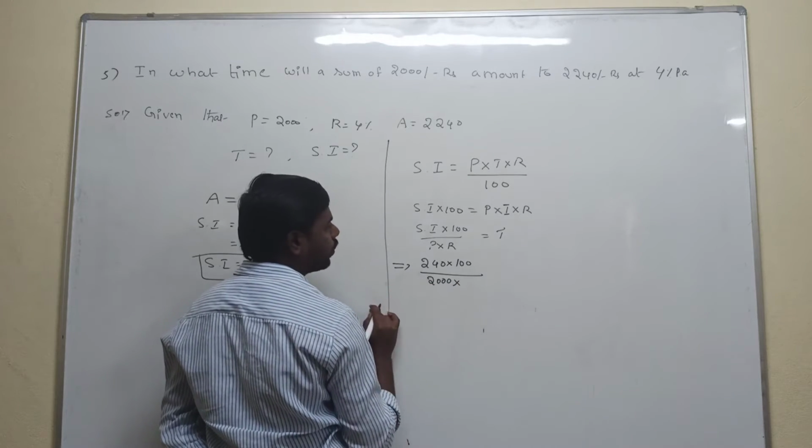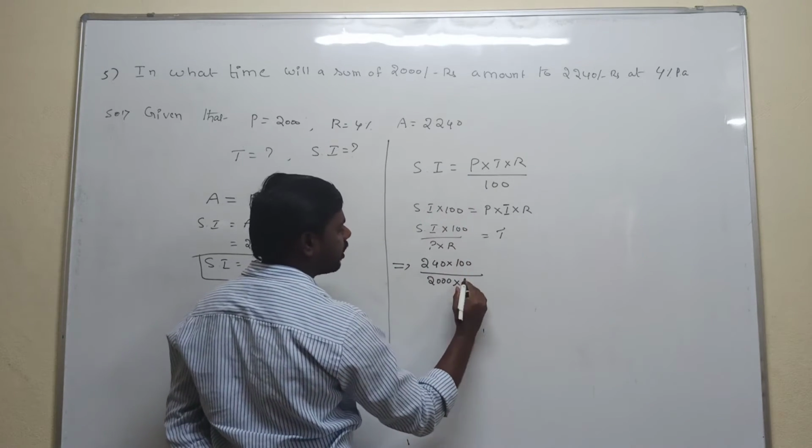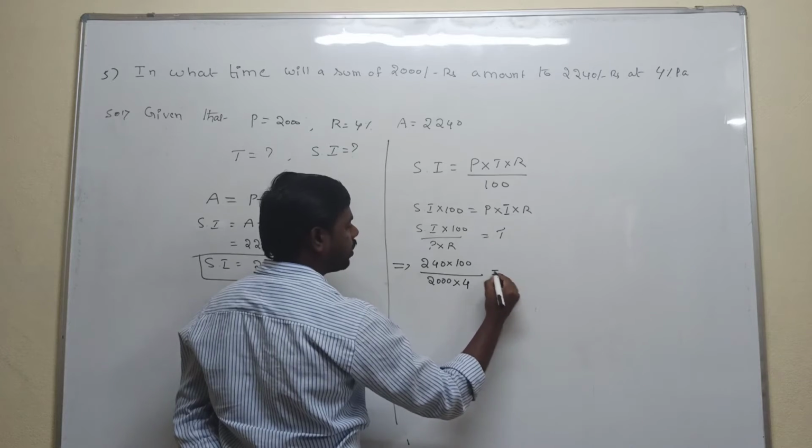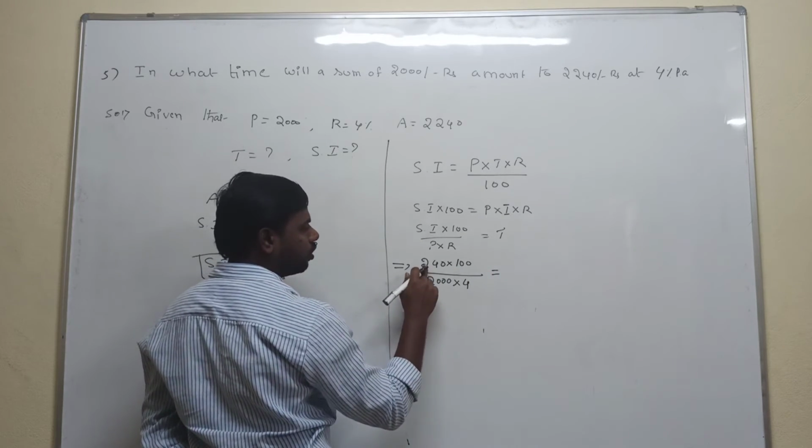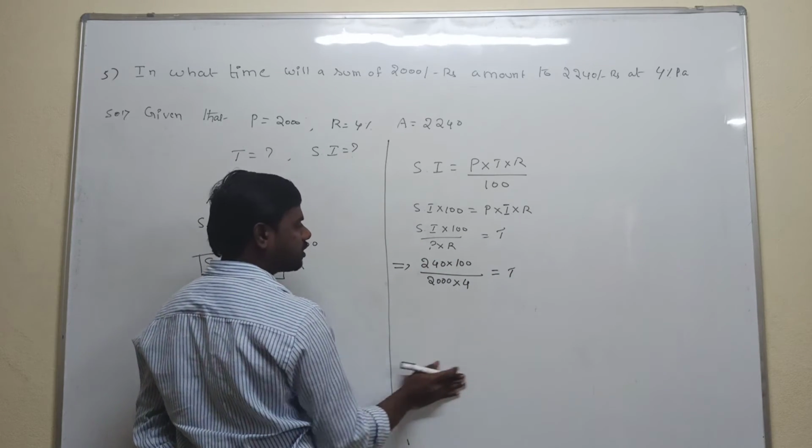2000 into 4 is equal to T. What is the rate of interest they given? We need to calculate T. That's why now